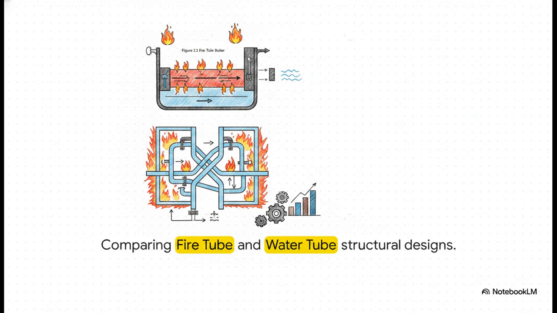In the top fire tube setup, the fire and hot gases are safely contained inside those central tubes, which then boils the vast pool of water around it. In the bottom water tube setup, it's the exact opposite. The water is intricately piped through a network of tubes, while the massive combustion chamber just fires all around them. It's a simple geometric flip, sure, but it completely changes the physics, the efficiencies, and the overall capabilities of the